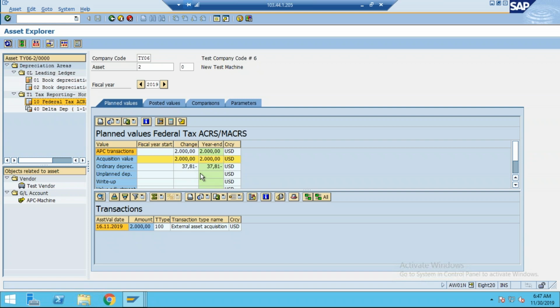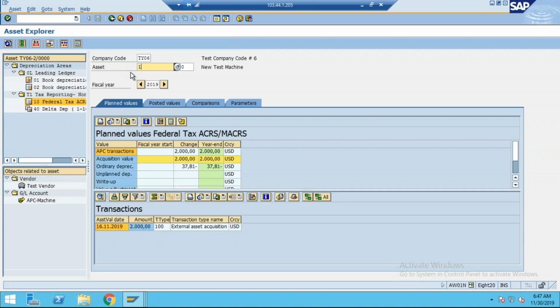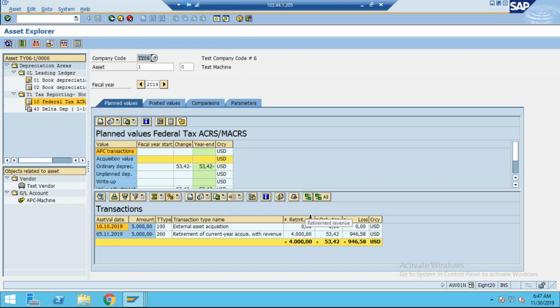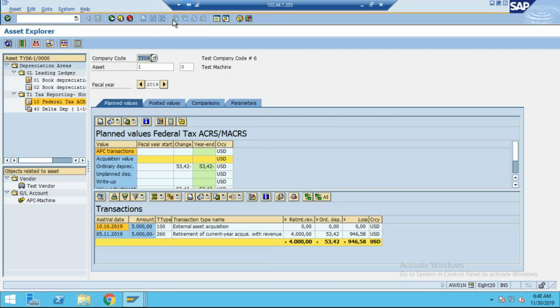So that is why, to adjust this type of difference, this is not yet executed, so it is not there in the delta, because we have not posted any activities related to that. But the 1711 and 1780 I am getting here is related to the old asset, asset number one, which was already retired. Whatever transactions you perform, there will be a delta depreciation, because when we maintain the depreciation area,